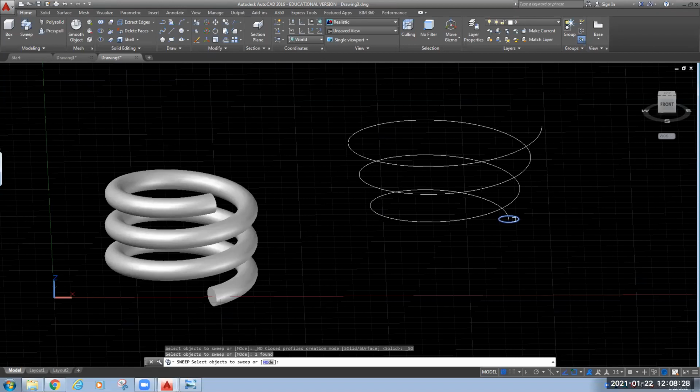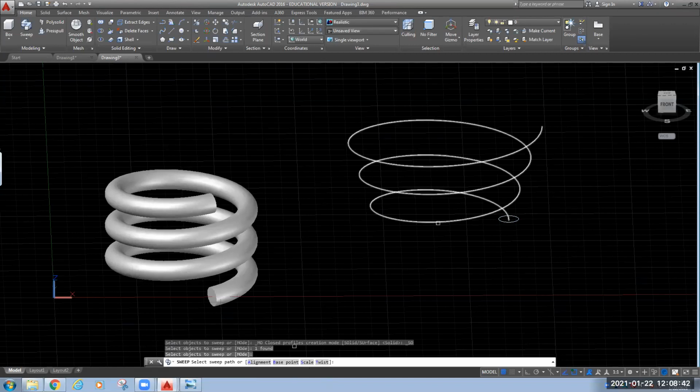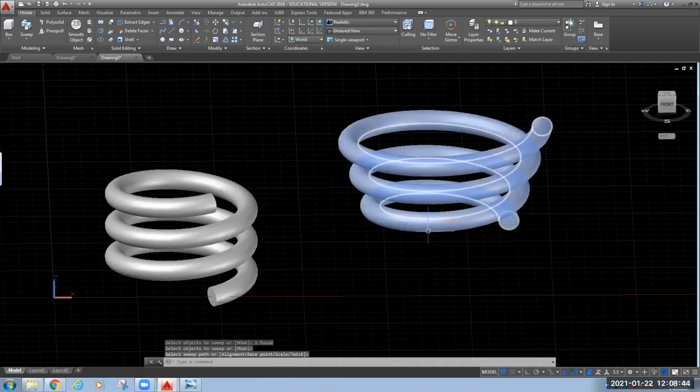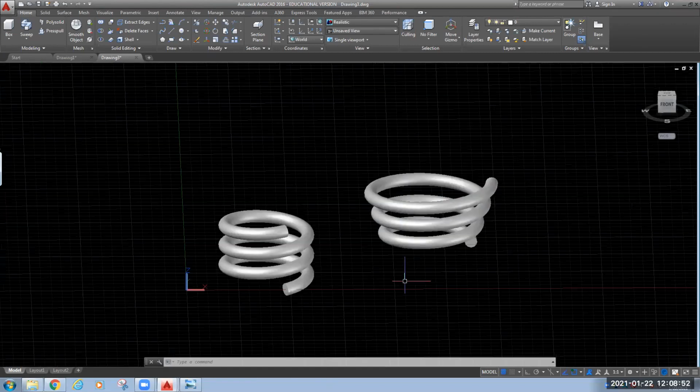Once you select it, you can see the color of this circle has changed. Press enter. Now in the command line you can see it is asking for the sweep path. This is your sweep path, and this is what you will get. You can try this with different cross sections also. I am leaving it up to you.